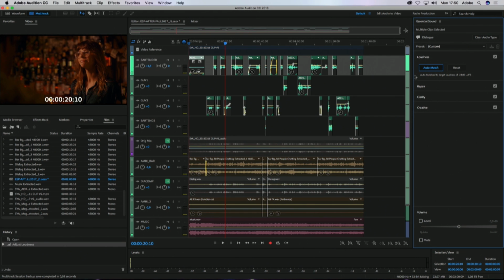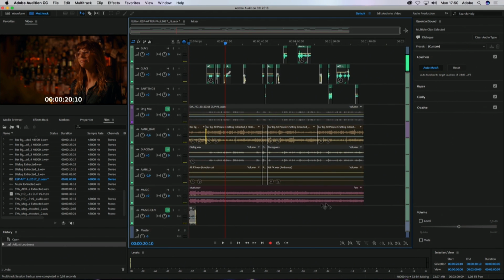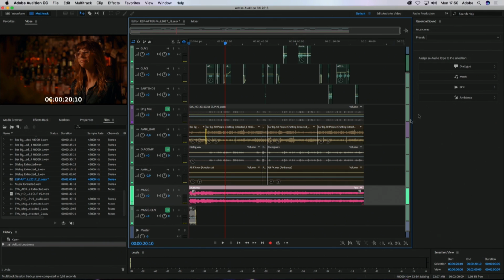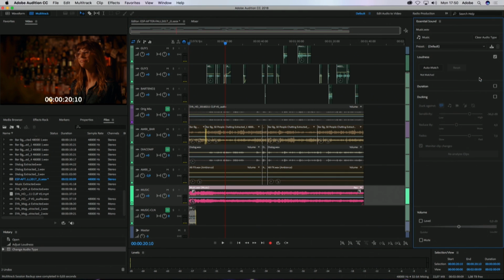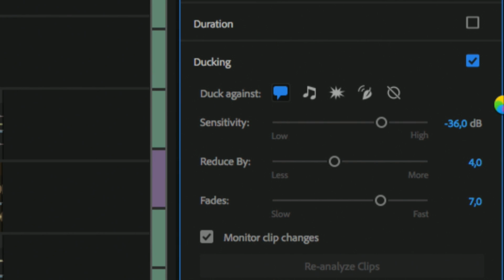But we still have the issue of the music. So let's go ahead and select our music track here. Tell Essential Sound that this is music. And now we're going to turn on auto ducking. And the first thing it's going to do is analyze the music, and it's going to analyze all of the dialogue in here and all the clips of audio. And then, based on what you tell it to duck against, it's going to automatically keyframe volume changes in that